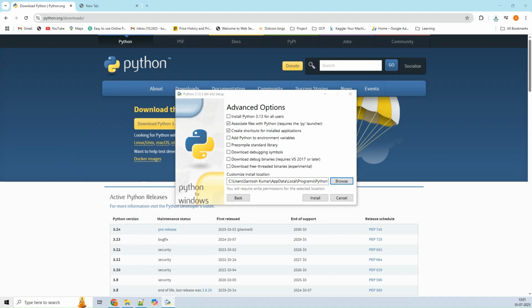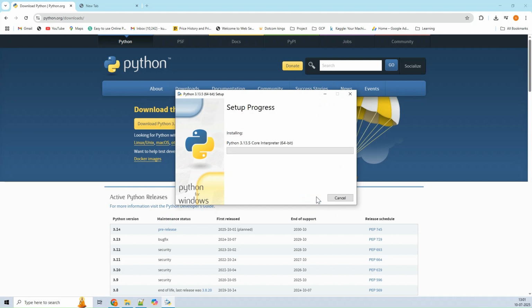I'm not sharing that, so I'm going to install in my C drive, users, my folder, and then there is a folder name which is having the Python installation. Okay, so this is the path I have given. I'm going to install it here.